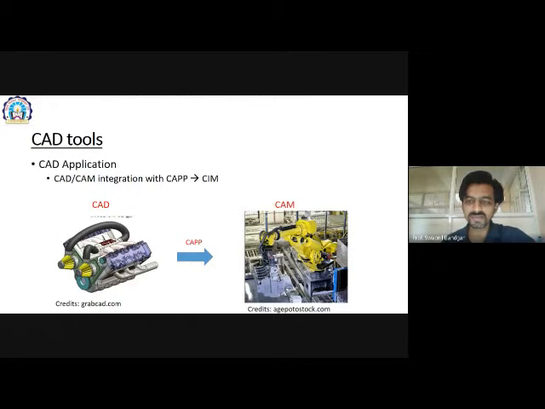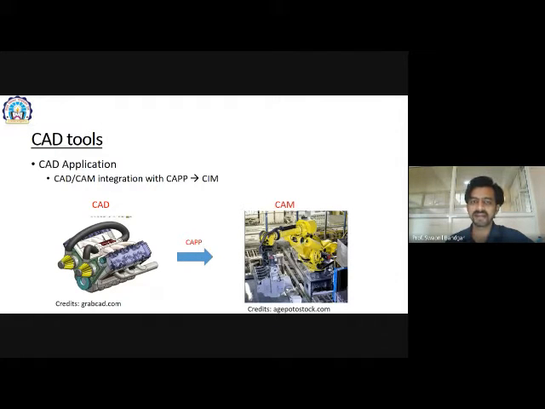The stations mean where a particular operation is performed while making an engine. The first station will be the mounting of the base. The second station will be the mounting of some rubbers and washers. The third station will be the mounting of the crankshaft, etc. So this whole sequence will be created in the CAM software. Then this information will be sent to the central computer, and your whole manufacturing line can be automated.